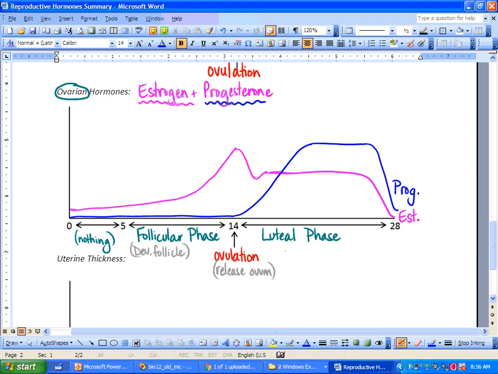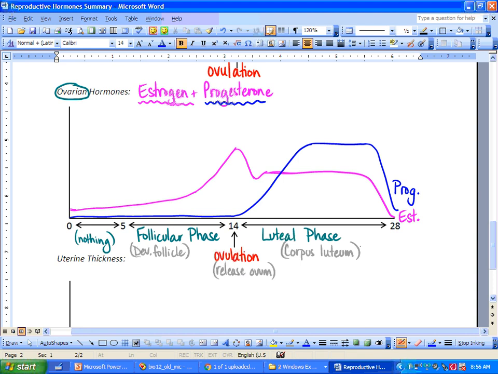And then the luteal phase is where we have the corpus luteum formed. And again, that's where that name comes from, right? Luteum, luteal phase. So just to give us an idea of what's actually happening in the ovary during these times with those hormones. So the first 5 to 14 days, we're developing that follicle, going through oogenesis. We then release the egg from the Graafian follicle on day 14, ovulation. And then the follicle turns into the corpus luteum, and it's that hormone factory cranking out both estrogen but lots